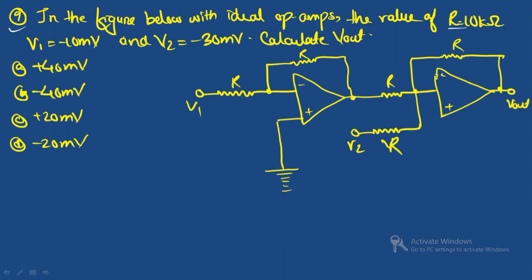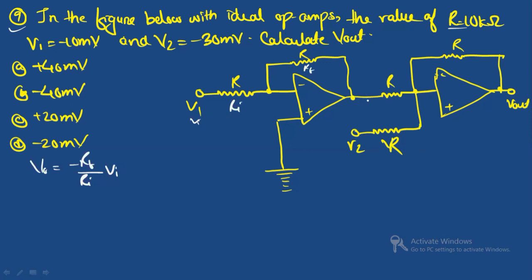Okay, and the output of this will be the input of this one, and this will also go to the inverting terminal. You know, in case of operational amplifier, you have studied the inverting and non-inverting terminals, and we know there is a direct formula to calculate the output for an inverting amplifier, right? And the output can be written as minus RF by RI times V input. So here V1 is the V input. This is RF, this is RI, and one more R is there here.